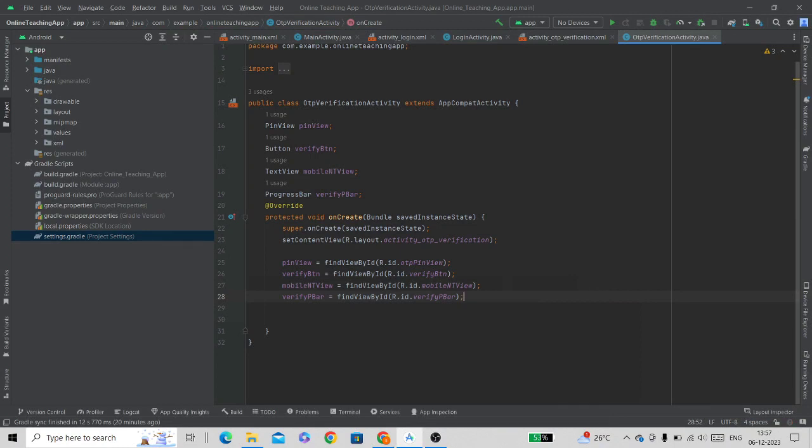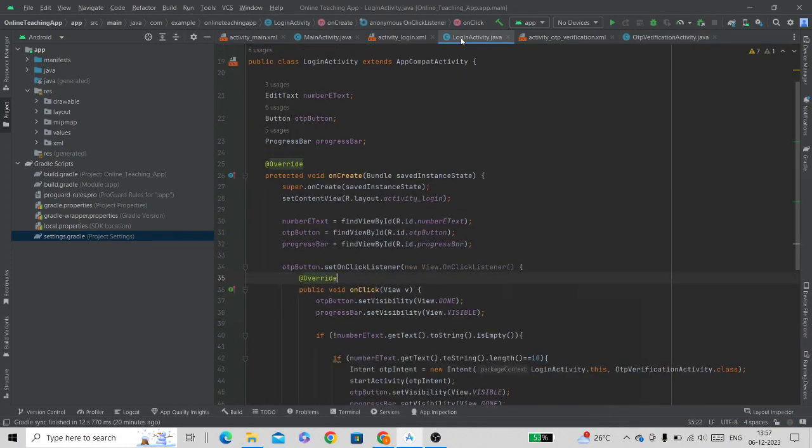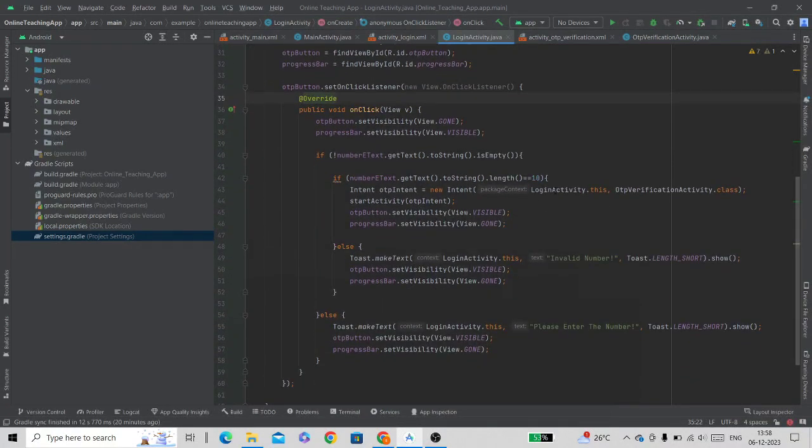Now the first thing that we will do is set a mobile number here in this text view. So we will get that mobile number from our login activity. So go to the LoginActivity.java file, and here when we redirect from login activity to OTP verification activity, we will also pass this mobile number from this number edit text.